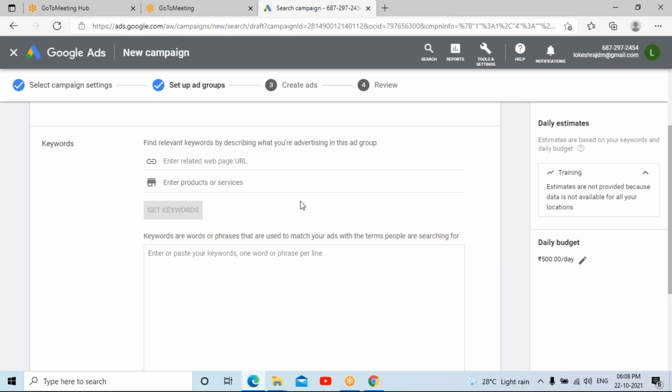Keywords. Now you are supposed to list out those keywords, that means the words which you want to connect with your audience, with your advertisement. So what are those keywords? You are going to be selecting them. As I said previously in the YouTube marketing also, there is a Chrome extension which, if you use it, can give you a list or suggestion of keywords. Do you people remember it?